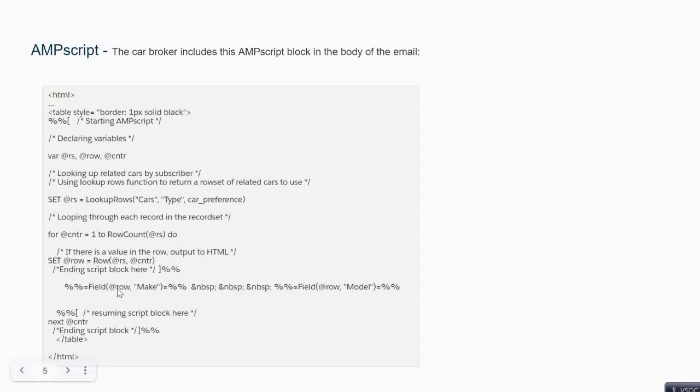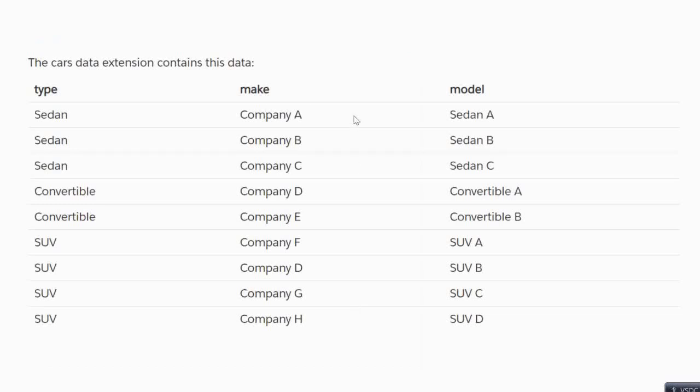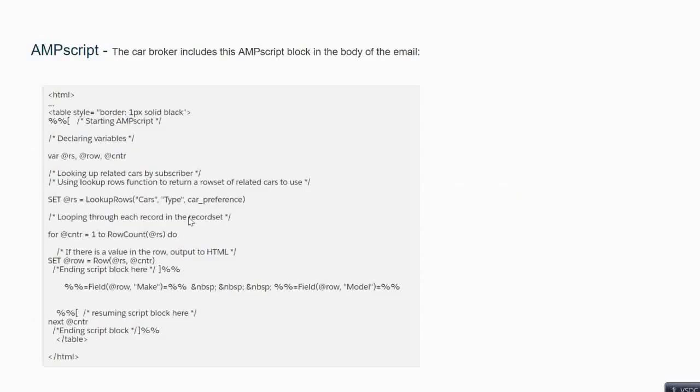Here, they have just provided percentage equal to field make, who is the maker, and field model. So they are basically picking up this make and this model column. But you can also put it inside a structured table format and display it over here.